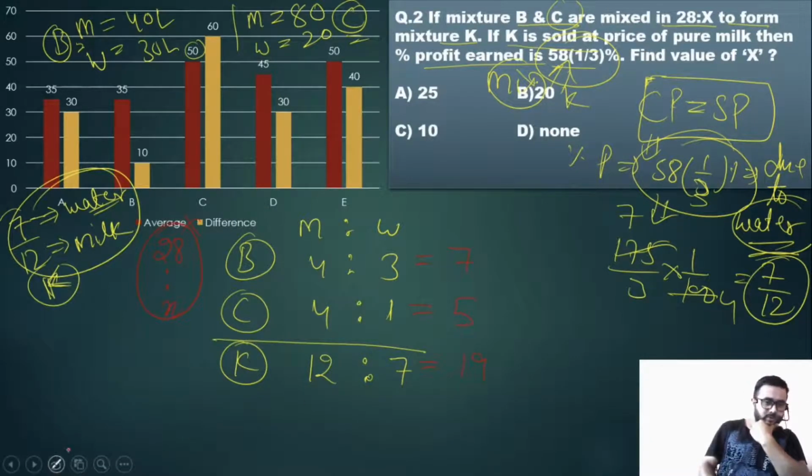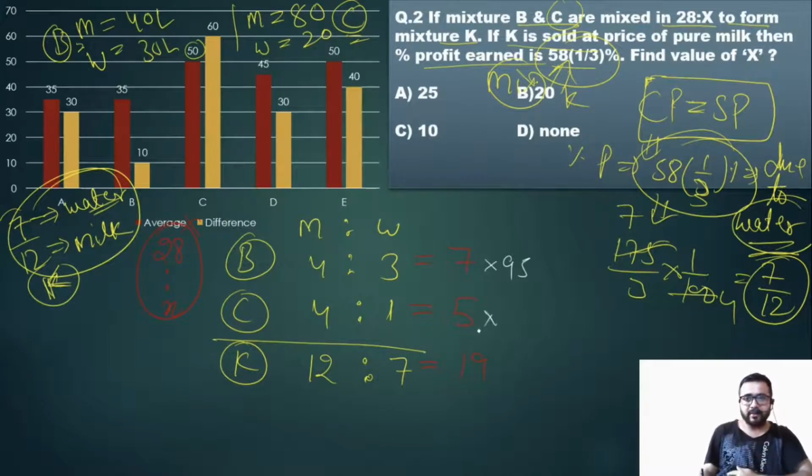Okay, now see, make this the same. How will you make it the same? I've already told you this. So multiply by 95. 5 into 19, you get 95. So multiply here 19 into 7. What will be 19 into 7? You have to learn the tables actually. 133. So what will be here? Here this will be 35. 7 into 5, 35. Now if you multiply 95 here, you have to multiply by 95 here also. If you multiply 133 by 5, you have to multiply by 133 to this one also. And you have to multiply by 35 to this one also.